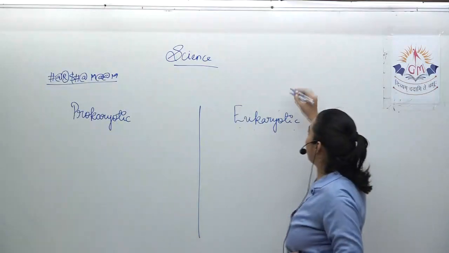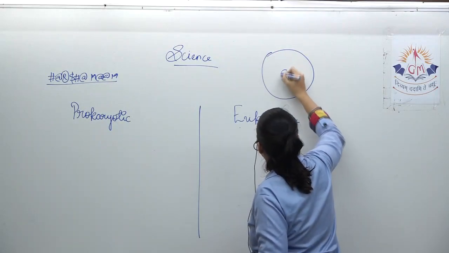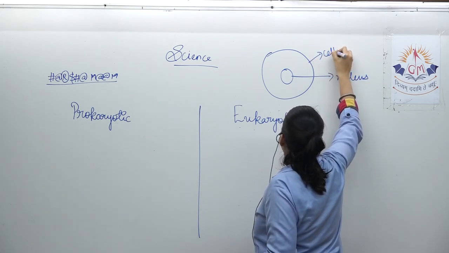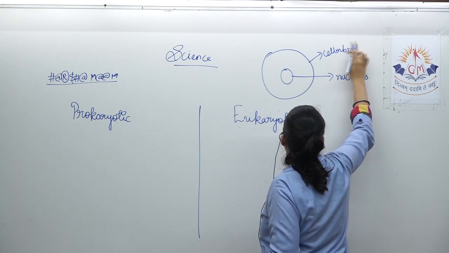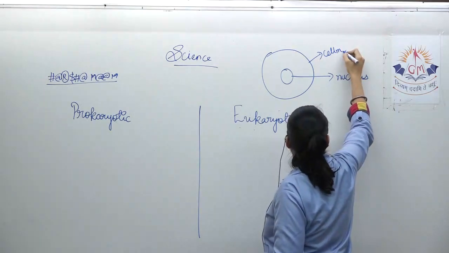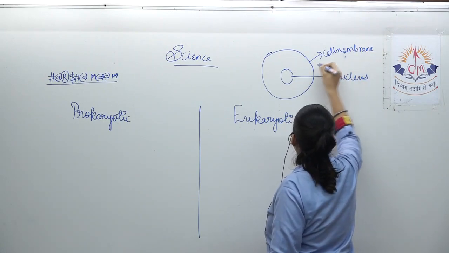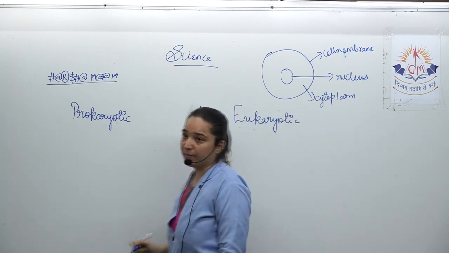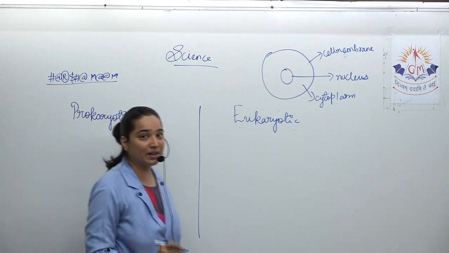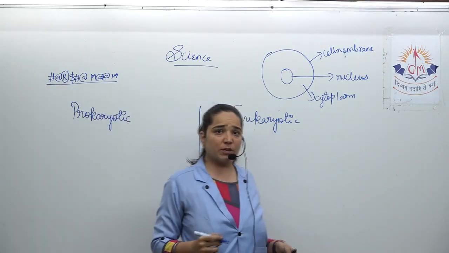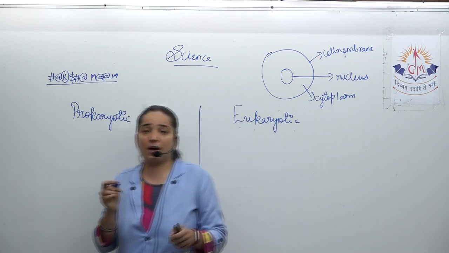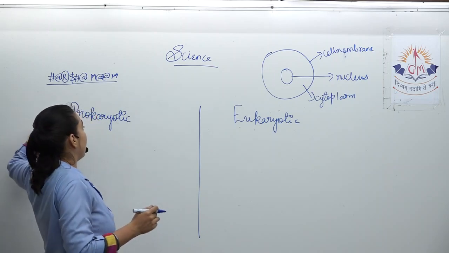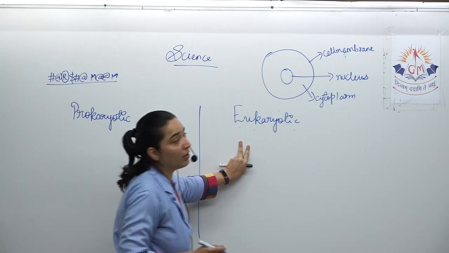Just now I told you that inside the cell the structure is like this: cell, nucleus, cell membrane, and cytoplasm. Between the cell membrane and nucleus there is cytoplasm, in which you have different organelles performing different functions. Mitochondria, chloroplast, all these things we will understand and come to know. But before that we are differentiating any organism into these two groups, prokaryotic and eukaryotic.